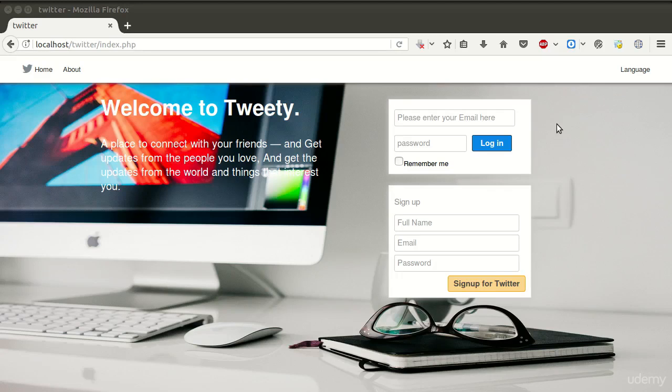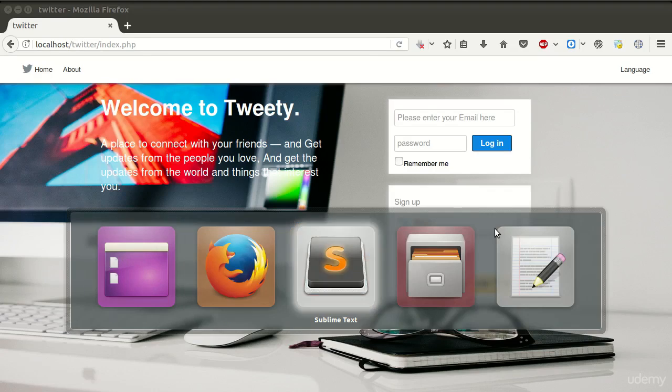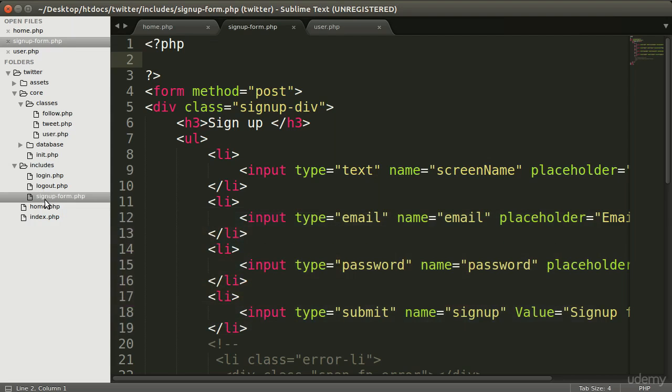Hello and welcome back. In this lecture, we validated our sign up form so we can create our register method to allow users to create new account. So go to your sign up form PHP, which is in our includes folder, and here we need to check if user submit the form. So create if condition here,